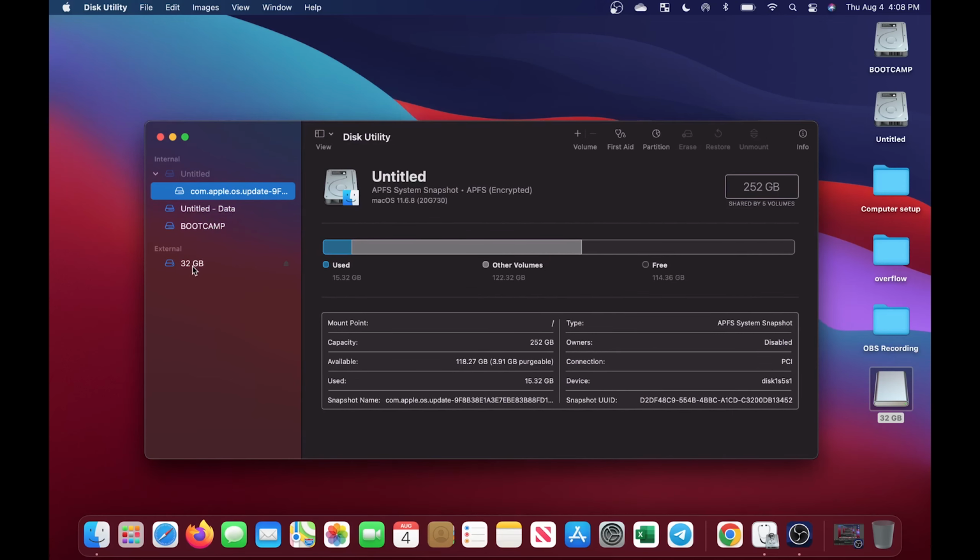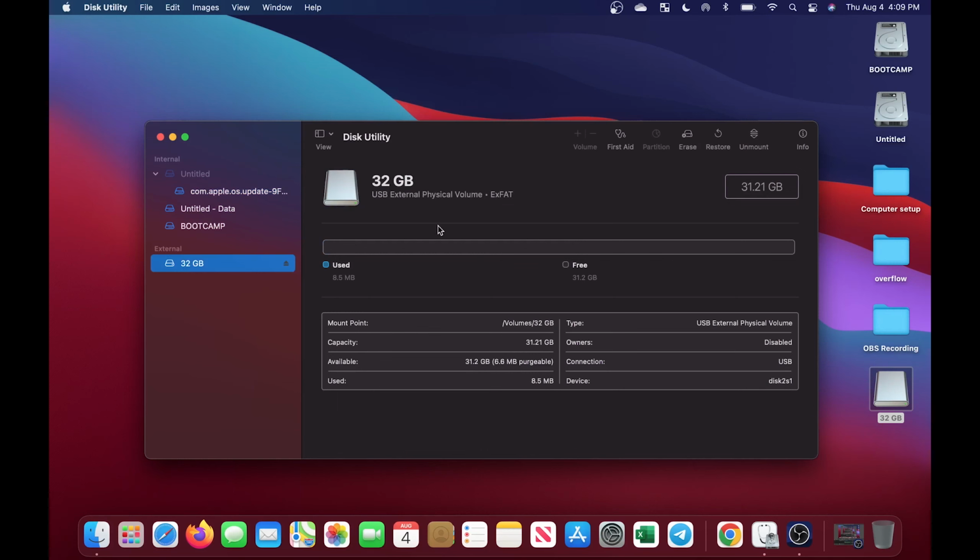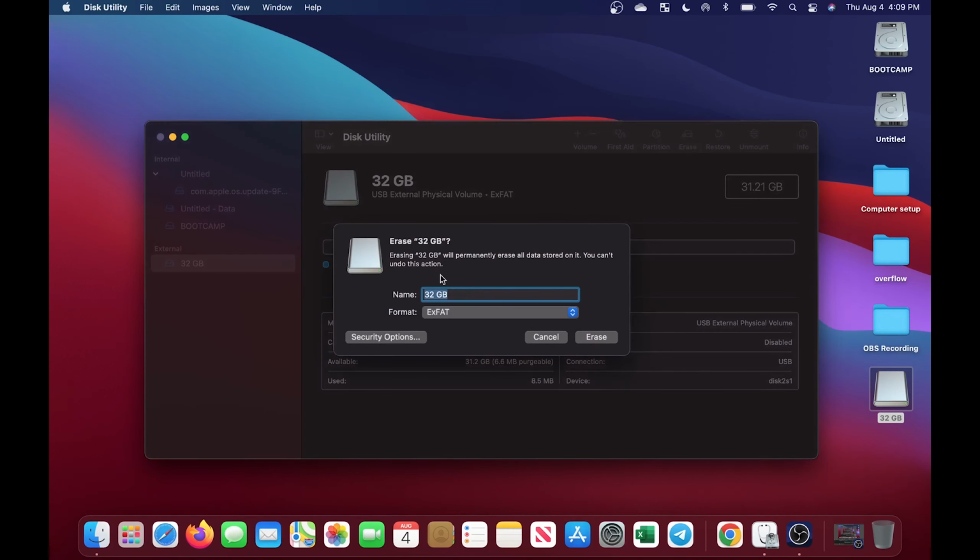I'm going to come on down over here and click on the external 32 gigabyte drive. And then I'm going to come up here to erase. And then when I do that, it's going to say it's going to permanently erase the data, and you can't undo this action. So I have the option here to change the name, and then when it comes to format,